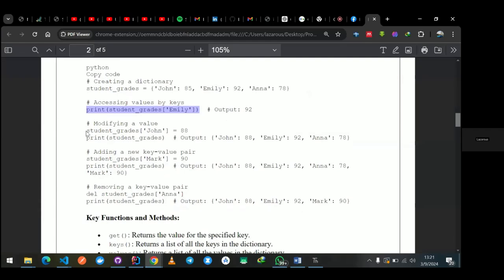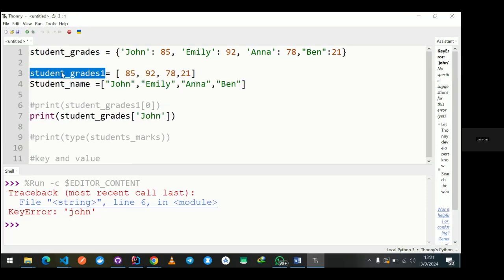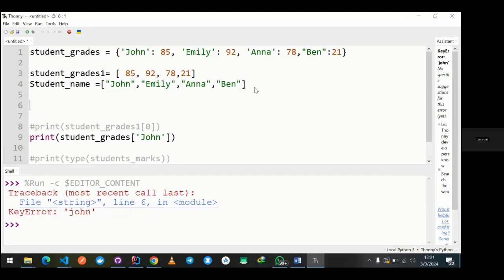how you modify is the same as how we modify a list. Whatever you want to modify here, it has to exist in that dictionary, the same as how we modified a list. We said if you have student grades, our list that I had like this, and I want to modify the first element, I'll say student grades index 0 is equal to the new value, right? But that 0 has to exist, which means my list has to have at least one element. So here, if I want to modify the last element, I'll say